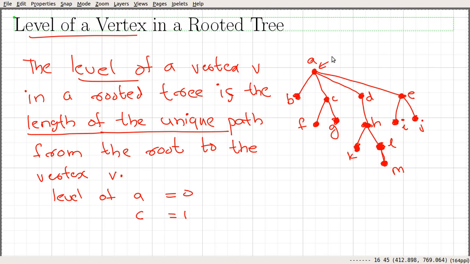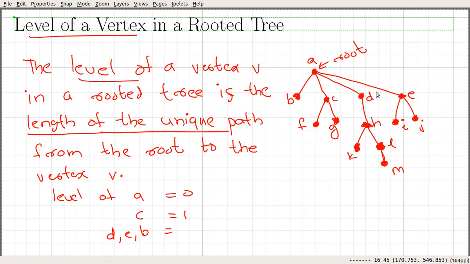Here we are assuming that A is the root, and the unique path from the root A to C has length 1. Similarly the level of B, level of D